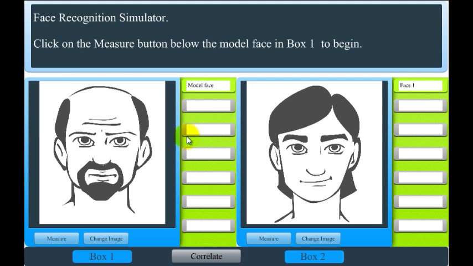To begin, click on the Sim tab. Begin by reading the on-screen instructions. You will see 2 faces. On the left, in box 1, is the model face. On the right, in box 2, is the first of 3 faces. To begin solving this mystery, you will use a ruler to take critical measurements of the model face and the